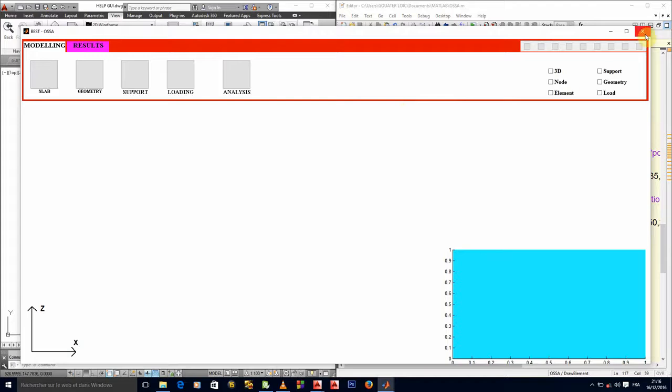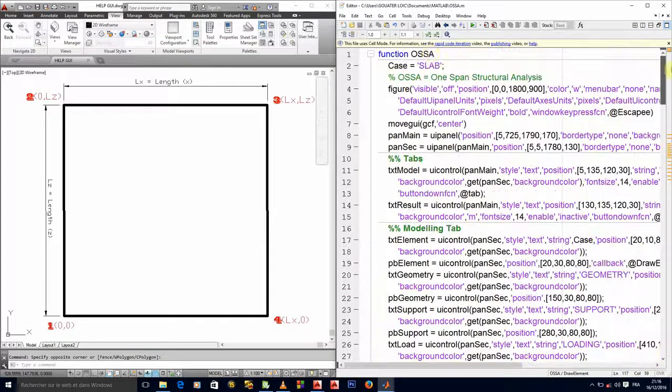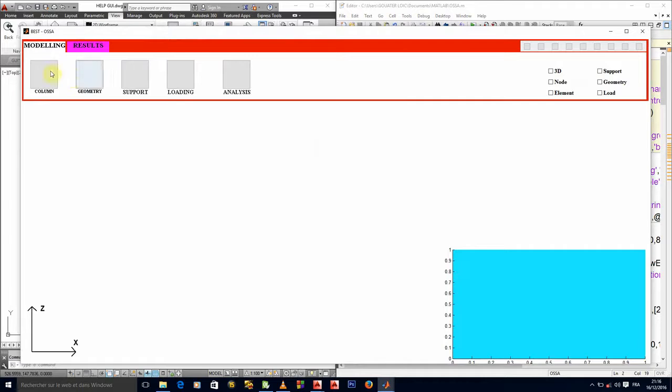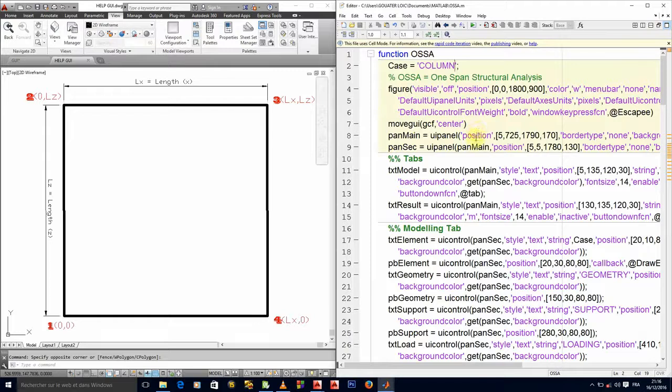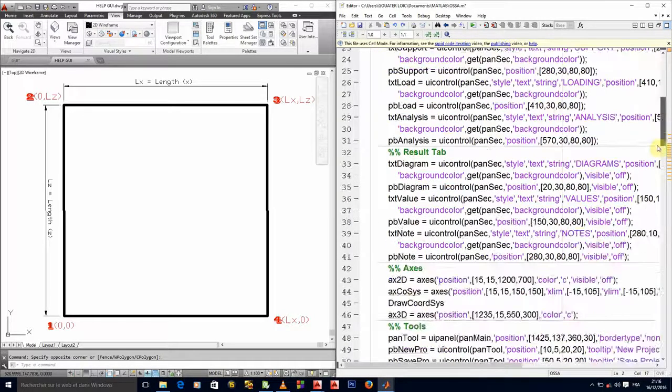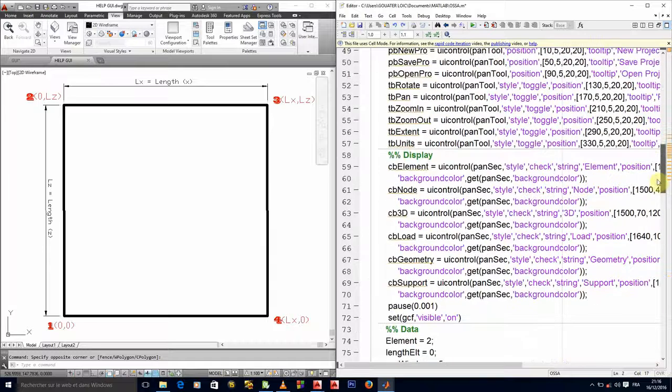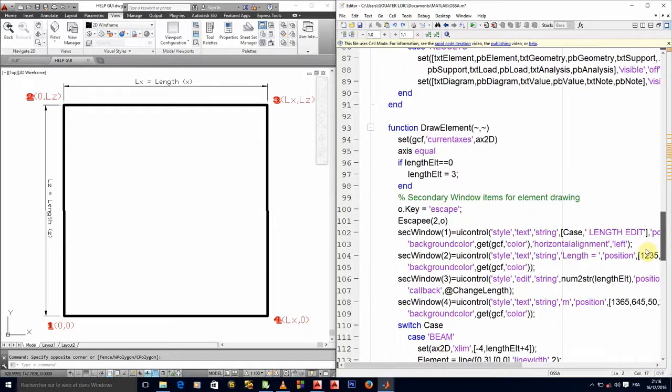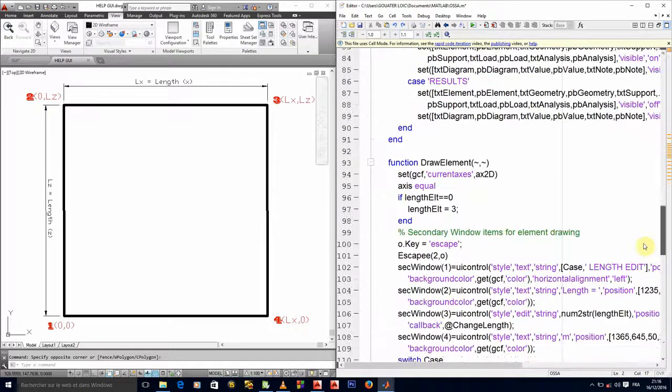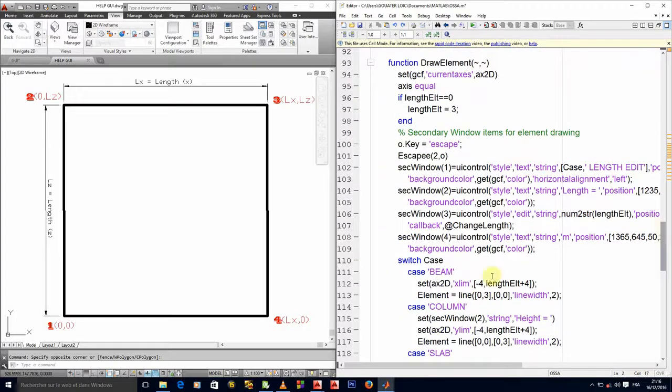Oh, it's already slab. Let's try and go and put back column there just to make sure that this particular issue is solved, okay? Column. Okay, so it is height equal to, okay, that's good. So we can come back to our slab and continue. So where is that? Come on, where is that? Okay, so here we are.